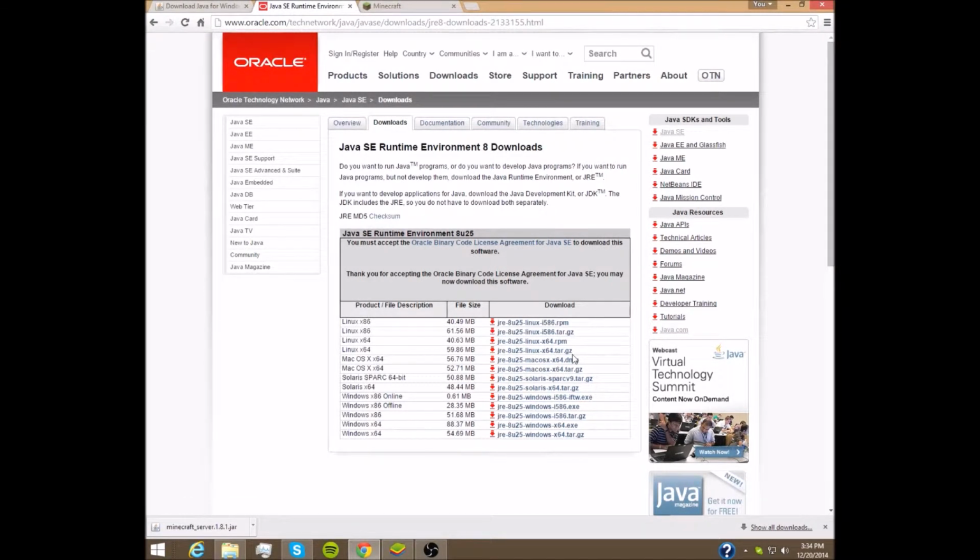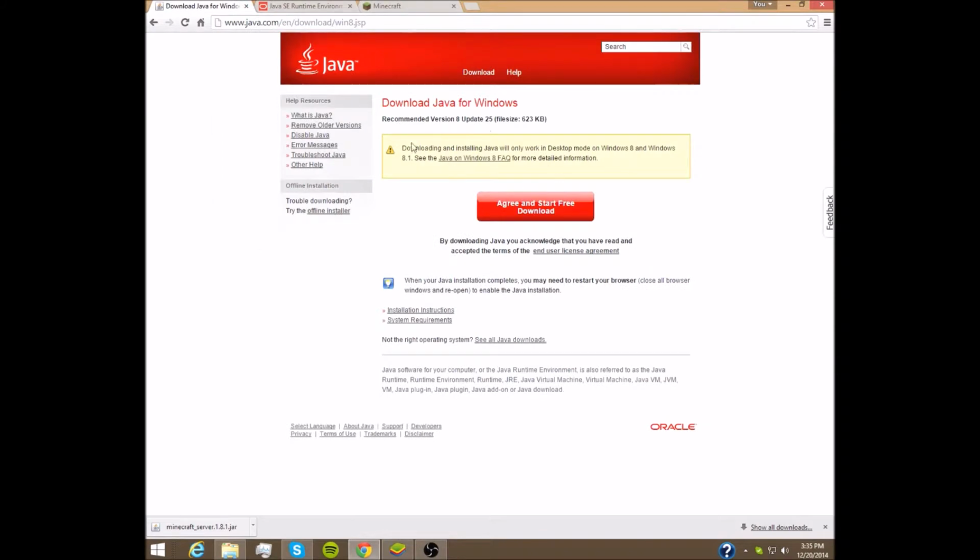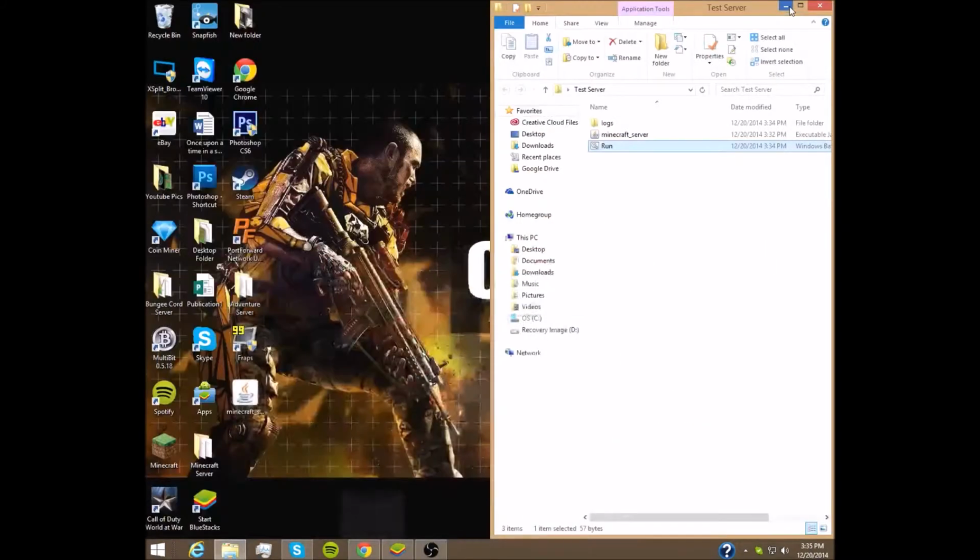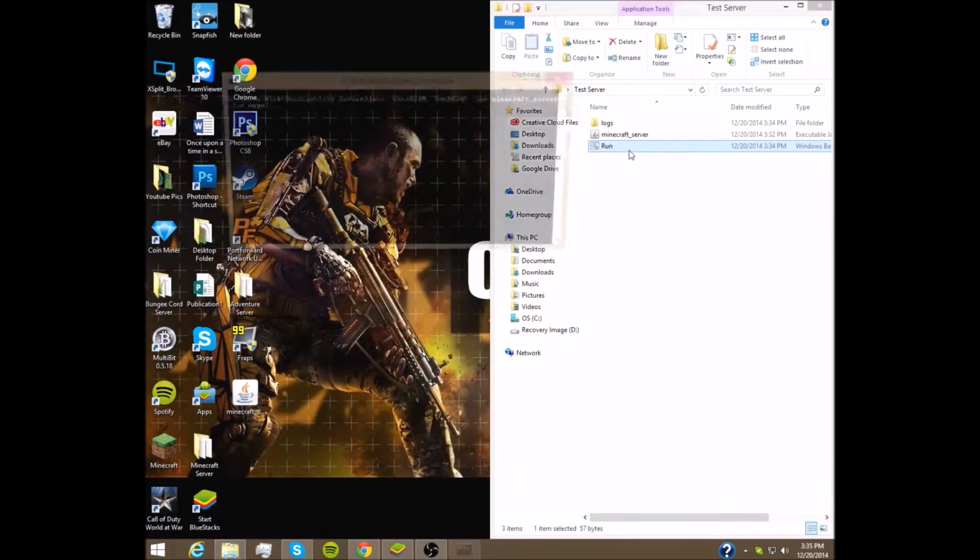Get the one that says exe, unless you have a Mac or a Linux. I don't know which one you'd pick. Just pick the top one or whatever. So you're going to want to download that and install it. I don't know. And you might want to just get the normal Java, which is agree, and start downloading. Just set up that. So once you got that, you can now run your server,